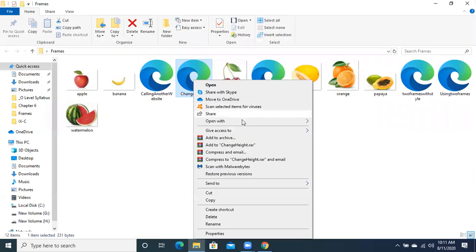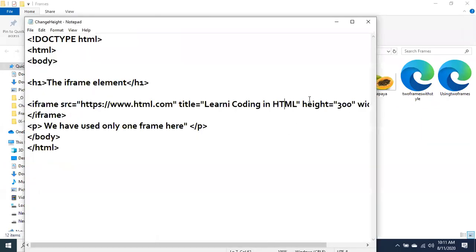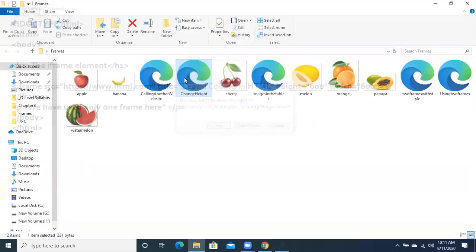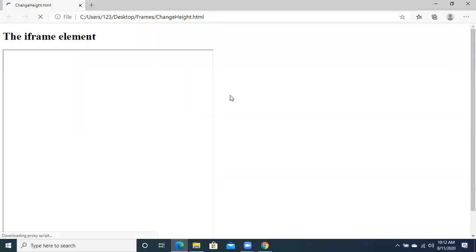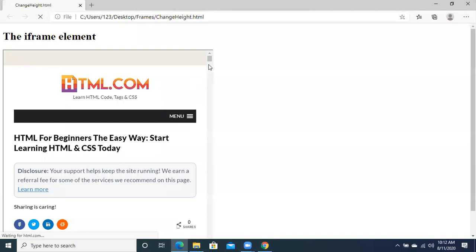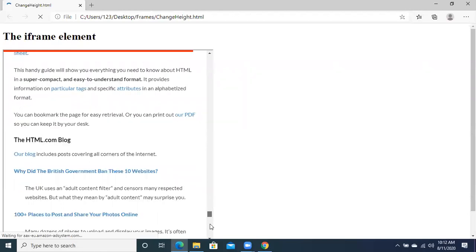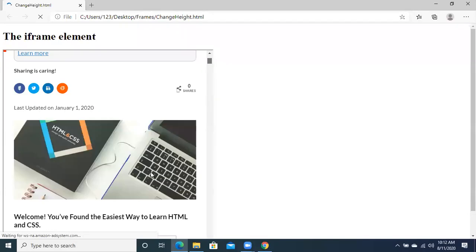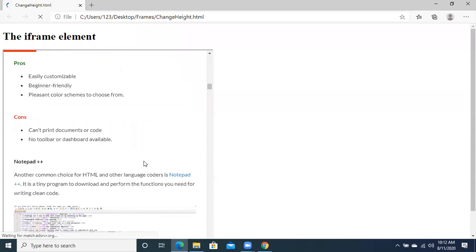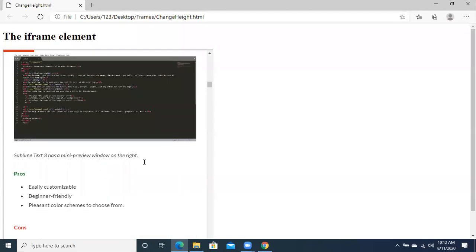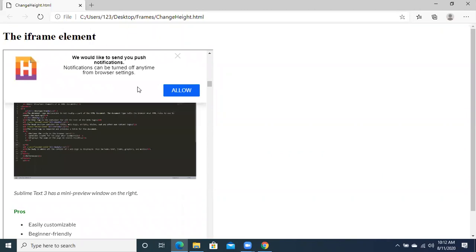If I go to the coding and make a change over here, let's suppose 600 by 600, now it will be larger. Now see the output. The frame size is now 600 by 600, you can see over here. In this 600 by 600, we are calling the website. We have made one portion in our web page and we are calling a complete website through the internet in this frame. You know very well, this is the html.com that we are calling in our frame.